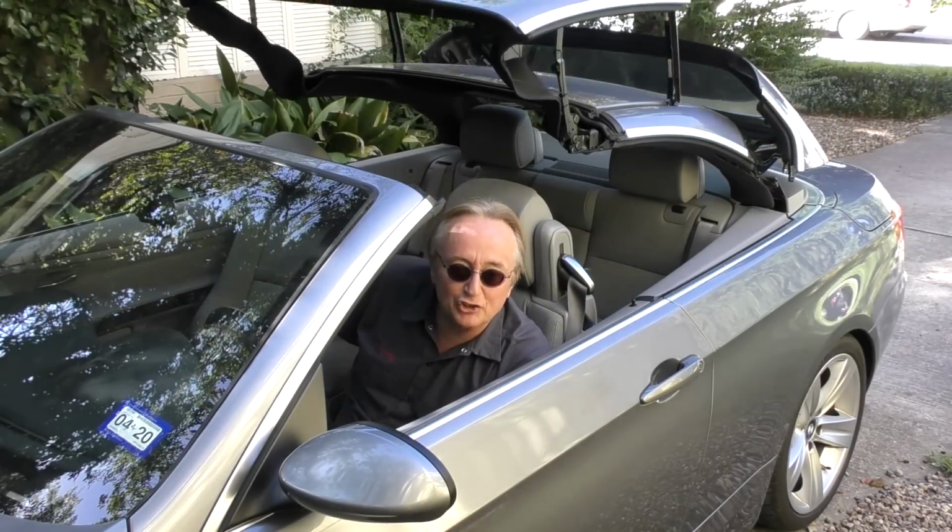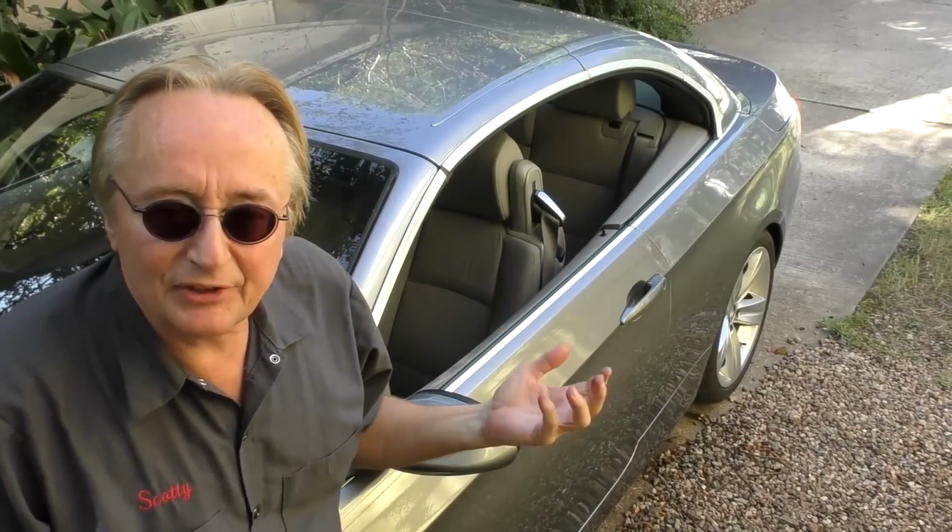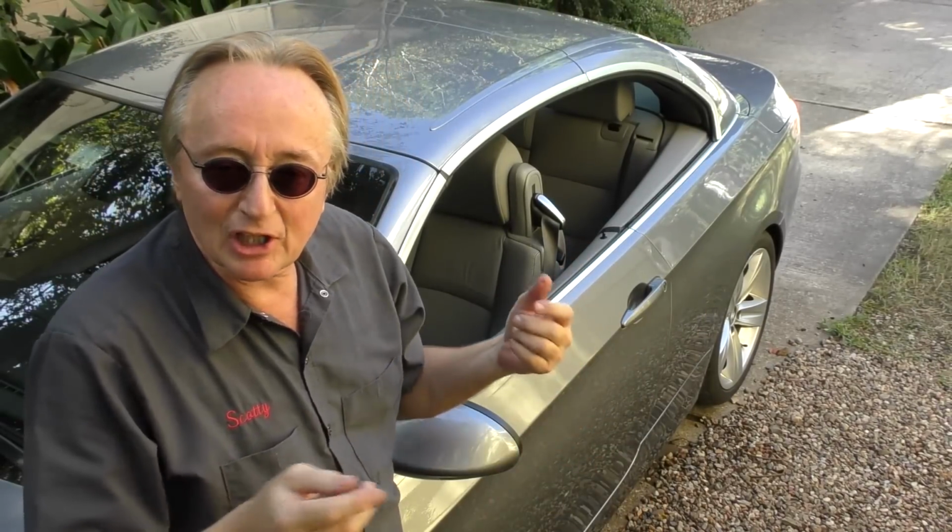Oh, the ingenious Germans. Now, of course, all that technology comes at a price, and the price is when it breaks, whoo, you start throwing out $1,000 bills left, right, and center to fix the thing. And being modern German technology, yes, they do break. I guess their theory is, if you gotta ask how much it costs to fix the roof,